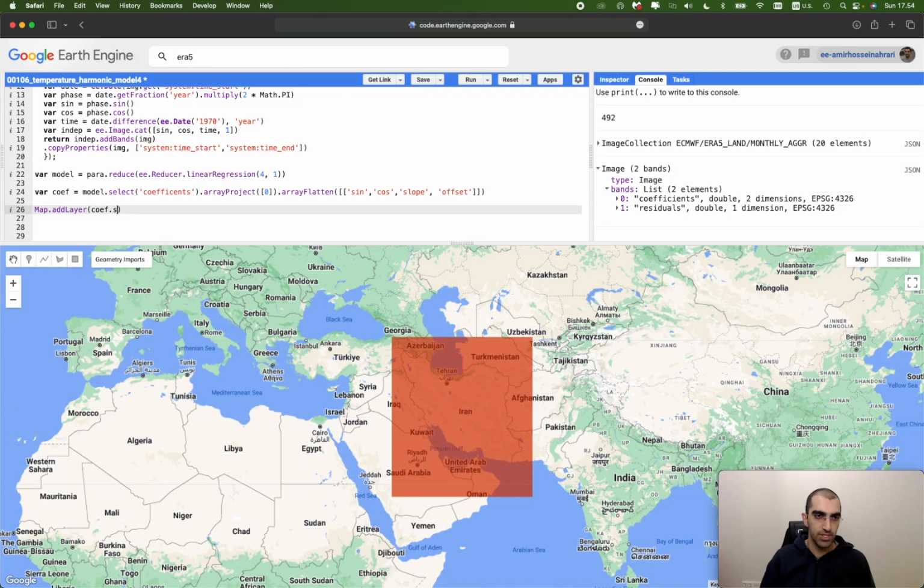From coefficients, I'm going to select just the coefficient first, clipping it based on the geometry or region of interest. Leave the visualization parameters empty for now, and the layer name is coefficients. Use false at the end to avoid automatic visualization. Save the code, but remember to use the double for the independent, because the independent layer